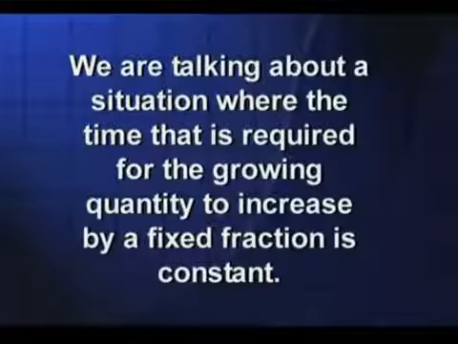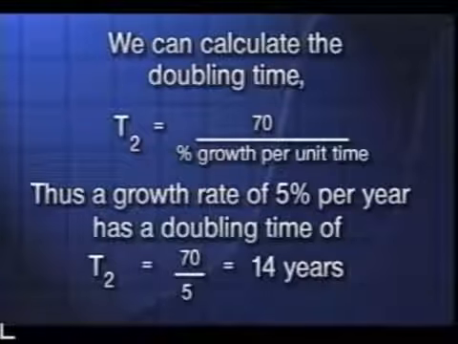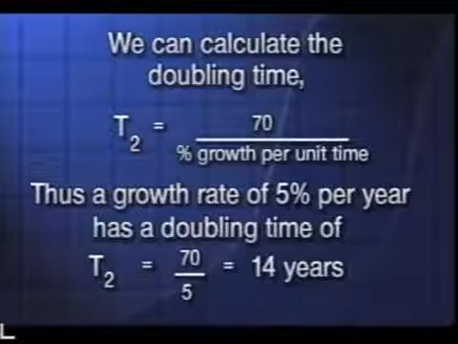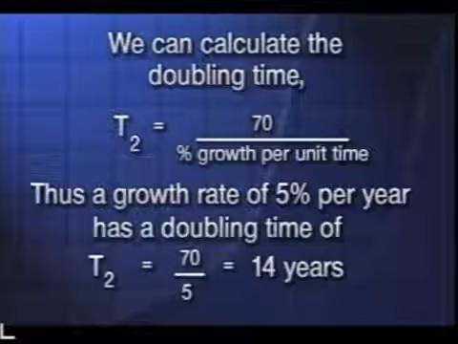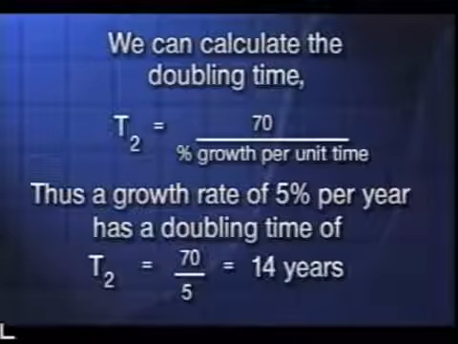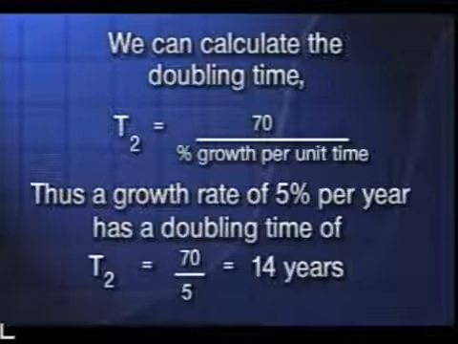And so we're talking about a situation where the time's called a doubling time. We need to know how you calculate the doubling time, and it's easy. You just take the number 70, divide it by the percent growth per unit time, and that gives you the doubling time. So our example of 5% per year, you divide the 5 into 70, you find that growing quantity will double in size every 14 years. Well, you might ask, where did the 70 come from? The answer is it's